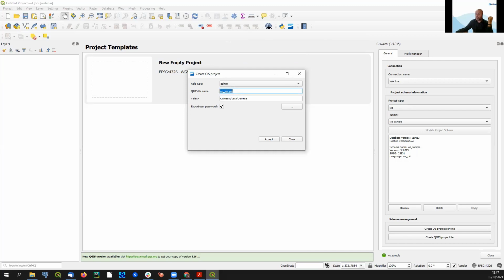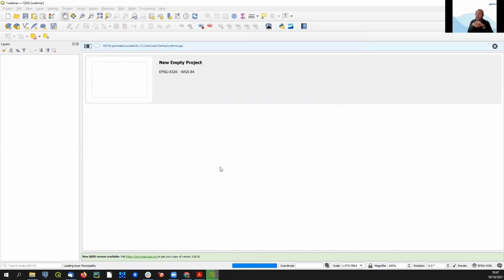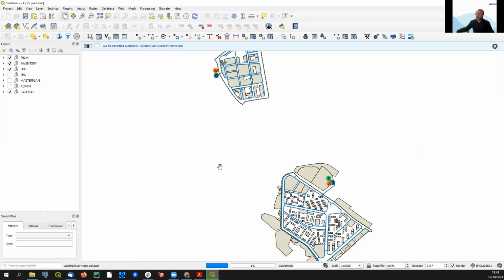I will create the admin project with the full layers. Here I need to put some name. I will put webinar 1. And this is the folder to store it. Okay, that's all. I will export my password in order to make this demo easy. A credential will be stored. Do you want to open the GIS project? Yes, I want. The GIS project is created and now needs to be loaded into QGIS. Maybe 200 layers or something like this, and the information appears here in our